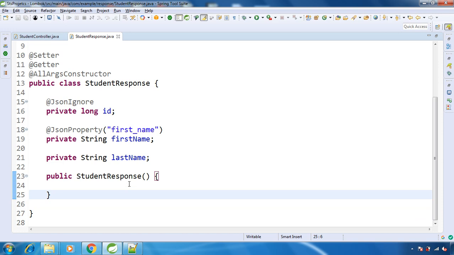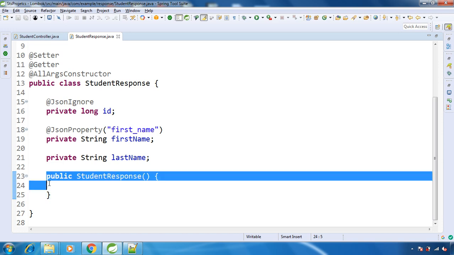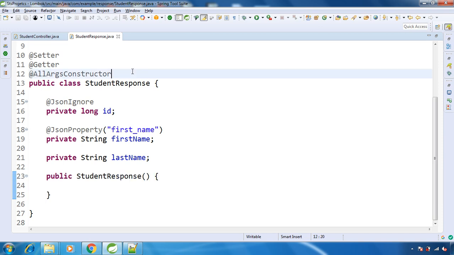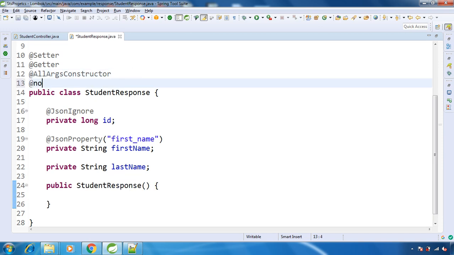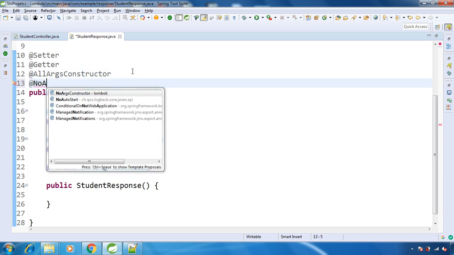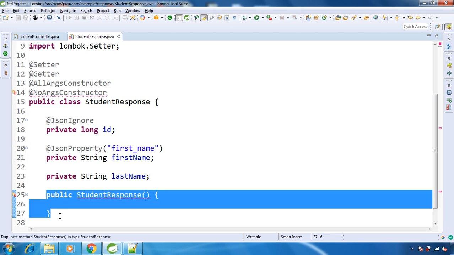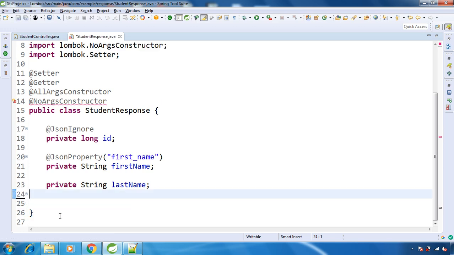Now say, for example, with Lombok we want to have a default constructor for our particular Java class. For that, Lombok provides one annotation, and that is NoArgsConstructor. See, this is from Lombok. This will give an error, and we know that we need to remove the manual implementation of this default constructor from the class. So let's remove it.